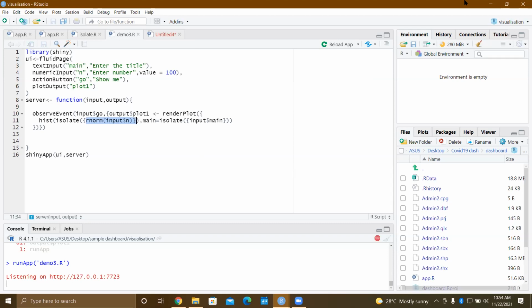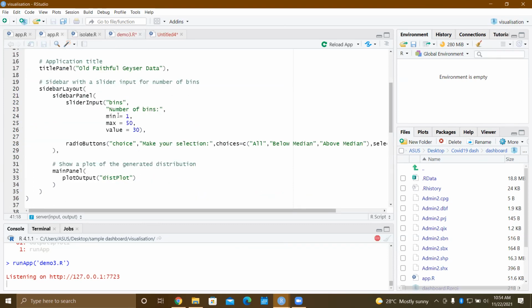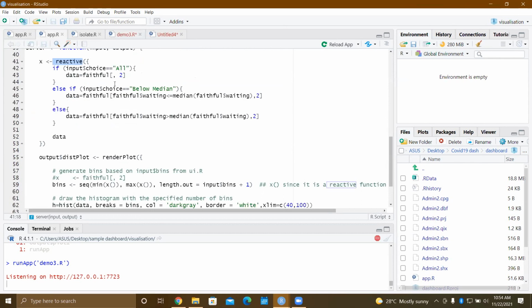There is another function called event reactive that is the same as observe event. I have used a reactive function here, which I had shown you in the previous class.